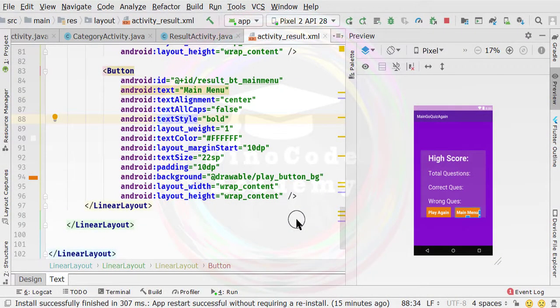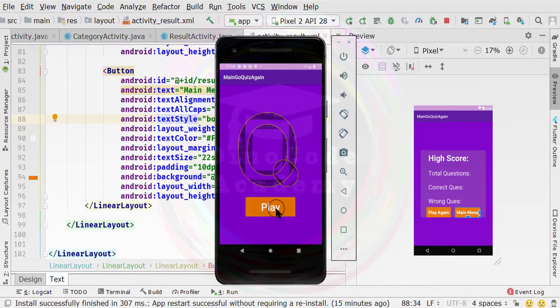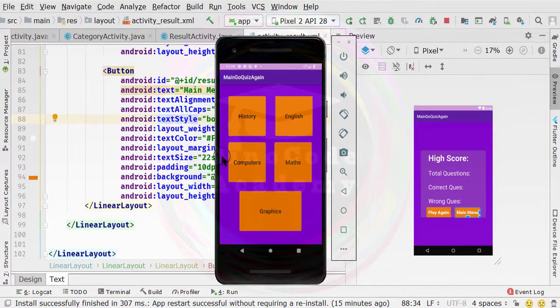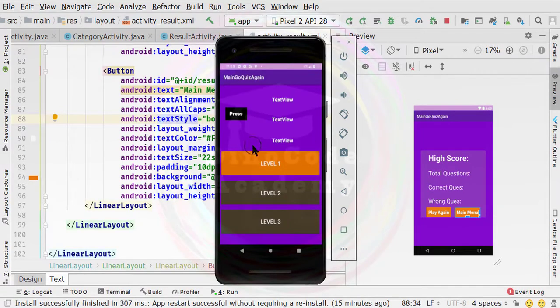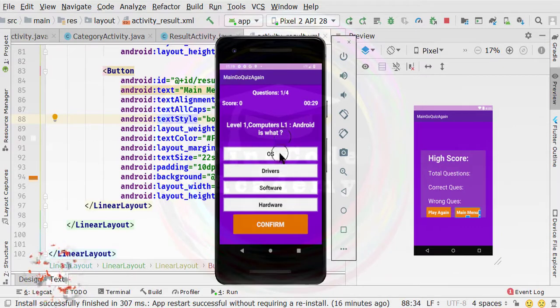In the previous video, we successfully built our application inside the emulator. Let me show you the first completed application. If I click on play, right now we have only implemented the code inside this computer category. I'm going to click on computer, and you can see the text view value, which is 100, which denotes that the first level is unlocked and the remaining two levels are locked. If I click on these two levels, nothing will happen. If I click on the first level, the quiz will start.